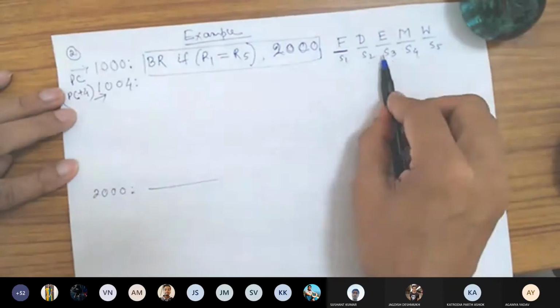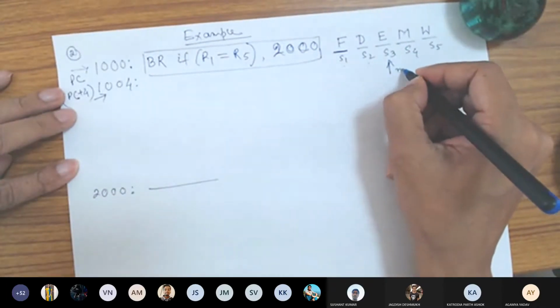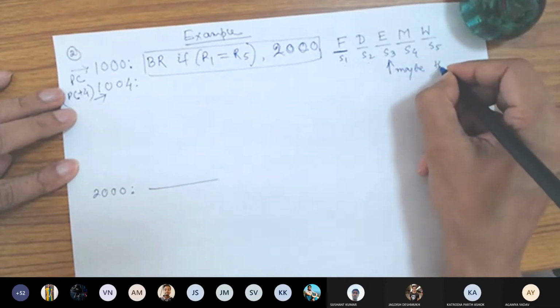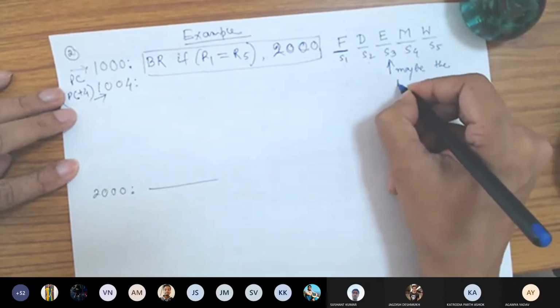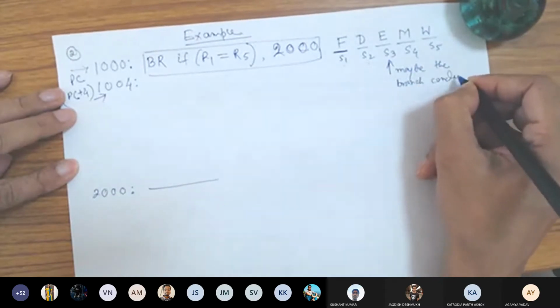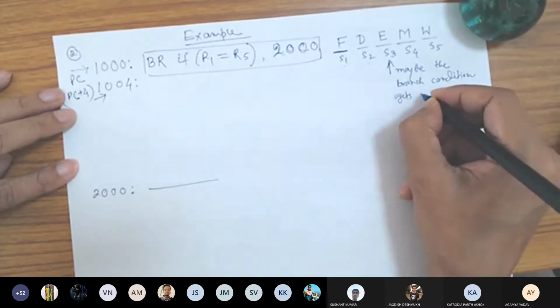However, at a later stage, you may know here maybe, I'm saying maybe, the branch condition gets evaluated.